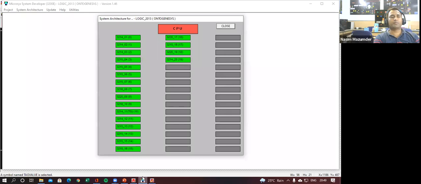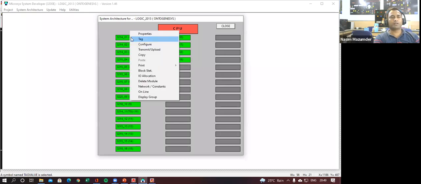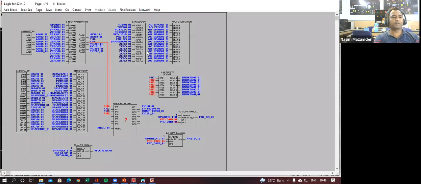It is module 1. So I am going to the configure page and trying to find the LIC 101. There is digital input, digital output, analog input, analog output. Where will I be finding it? It will definitely be this analog input because it is showing your drum level. If it is drum level, then it will be analog input.